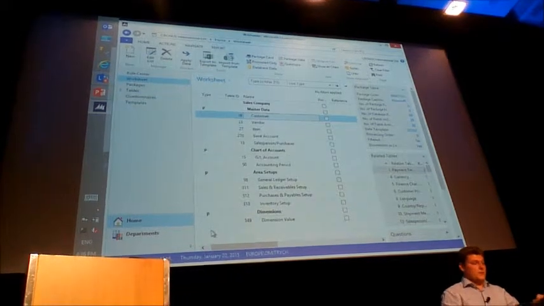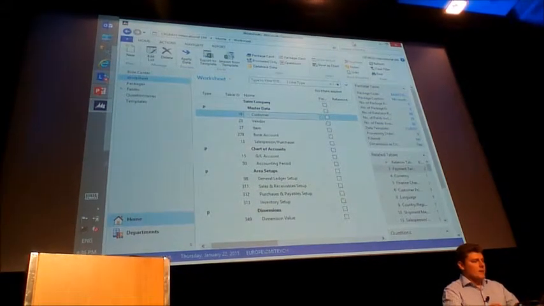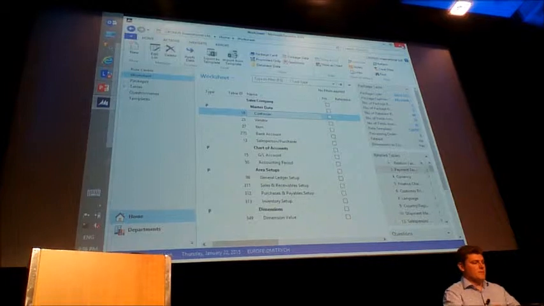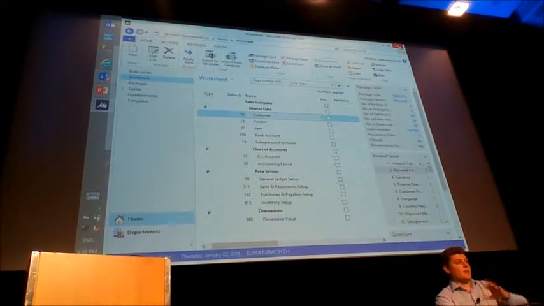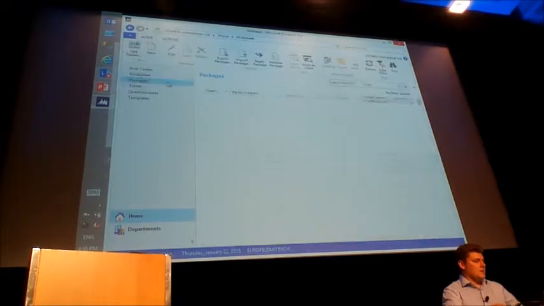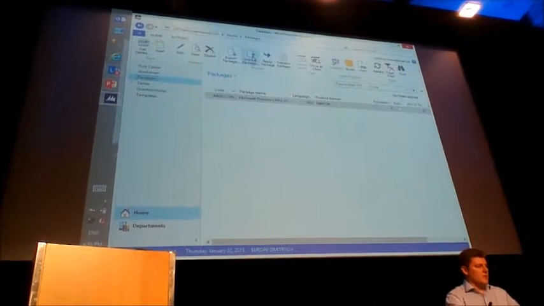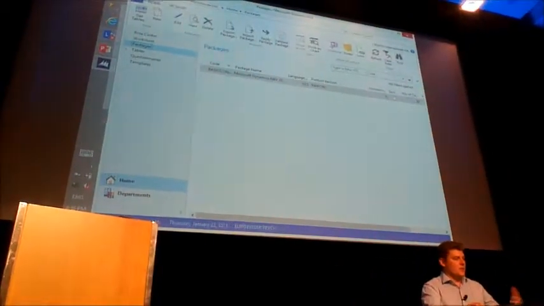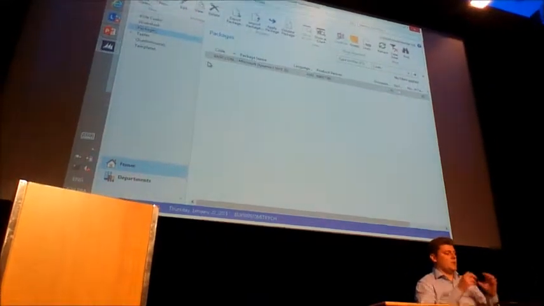So that was the structure of the data that we can export from NAV and then import into NAV. And then, of course, there are actions: export, import, apply package, validate package. A lot of different actions that you can do with this data. Okay, so let's go back to the